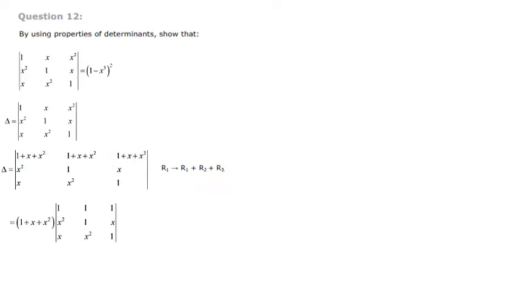The first row completely becomes 1, that is 1 1 1. Second row remains the same, third row remains the same. So now all the elements of the first row are 1. Now we can reduce 2 elements to 0. This element and this element I can make 0. For that I am taking the operation C2 changes to C2 minus C1, means C2 is this one and C1 is this one; if I subtract, 1 minus 1, this element will be 0. Again another operation, C3 changes to C3 minus C1, that is C3 is this one, C1 is this one. So 1 minus 1, this element becomes 0.